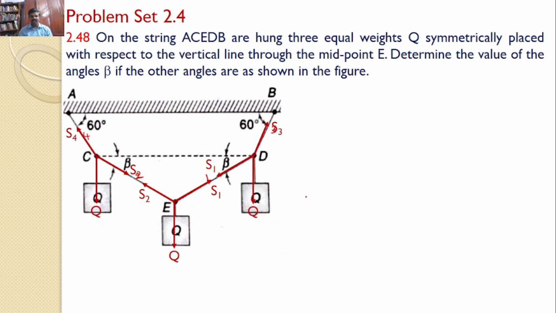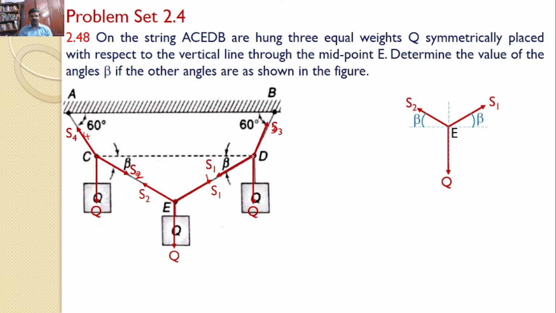Let us analyze point by point. First, let us transfer the various forces acting at E onto a separate XY plane. Like this. This is the free body diagram of point E. Now I have transferred all these three forces onto the separate XY plane. Q is vertical, but S1 and S2 are inclined forces. Look at this. S1 is the string force that acts along this line, which makes an angle beta with the horizontal. And S2 is the force that acts along this string, which also makes an angle beta with the horizontal.